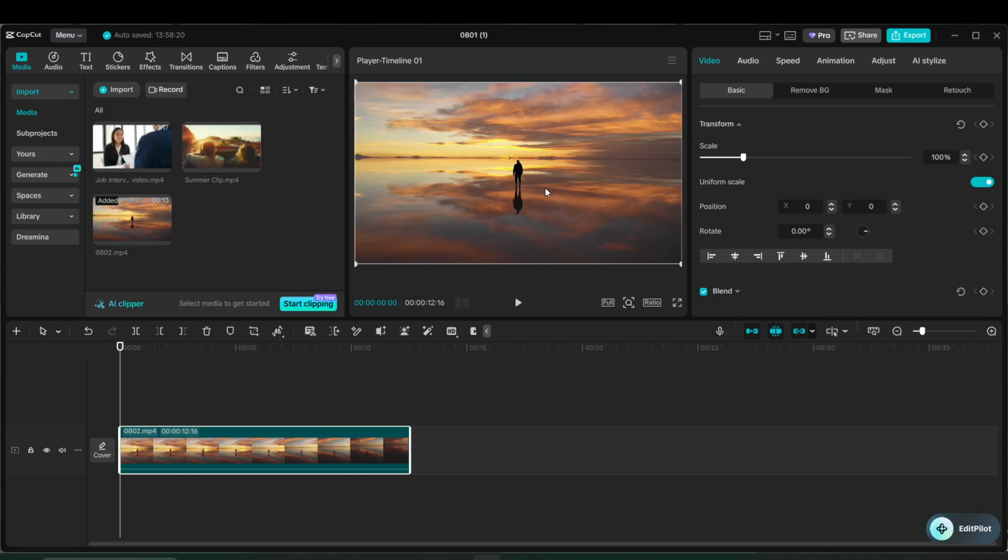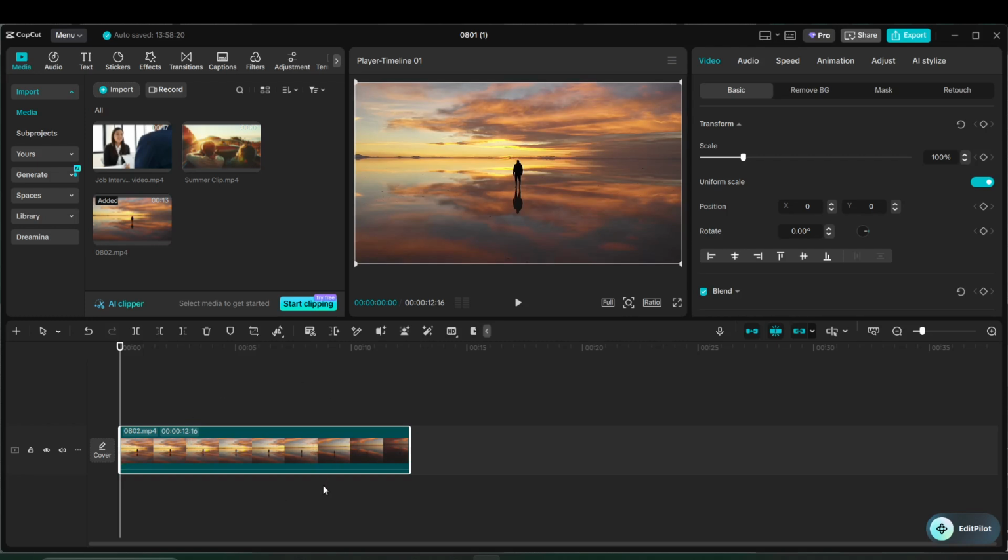To begin, go down to your timeline and click on the video clip you want to work with so it becomes highlighted. This is important because CapCut needs to know exactly which clip you want to affect before you apply the reverse action. If your full clip is already the exact part you want to reverse, then you can move right along. But if you only want to reverse a short portion from a longer video, take a second to